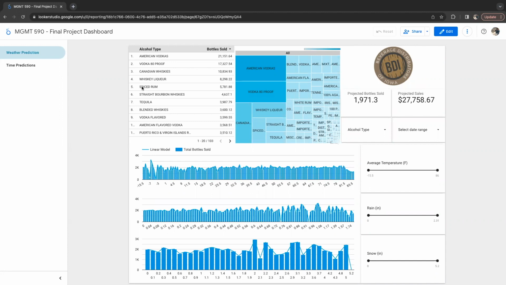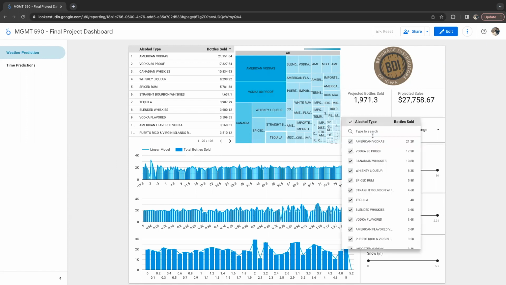At the top, you can see the breakdown of alcohol type, how they sell compared to other alcohols, and the average bottles sold and projected sales. On the bottom half, you can see total bottles sold by average temperature, rainfall, and snowfall. On the alcohol tab, you can select a specific alcohol, for example, tequila,